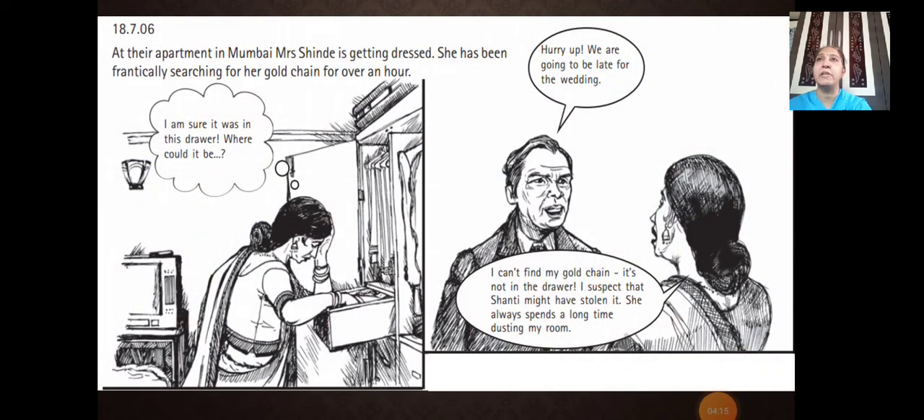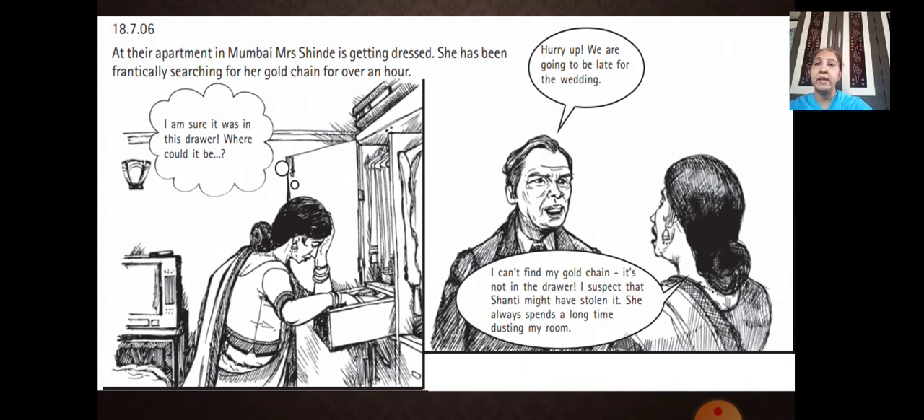Now here the case has been given, the date has been given as 1870. So children, this story is given in your textbook also. See, at their apartment in Mumbai, Mrs. Shinde is getting dressed and has been frantically searching for her gold chain for over an hour. She is thinking, I'm sure it was in this drawer. Where could it be? Whereas Mr. Shinde is calling, hurry up, we are going to be late for the wedding. Then Mrs. Shinde says,